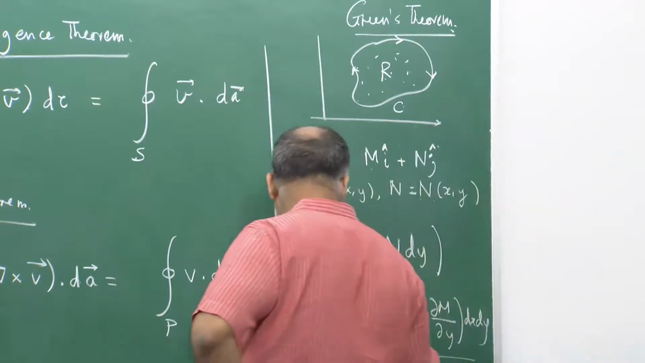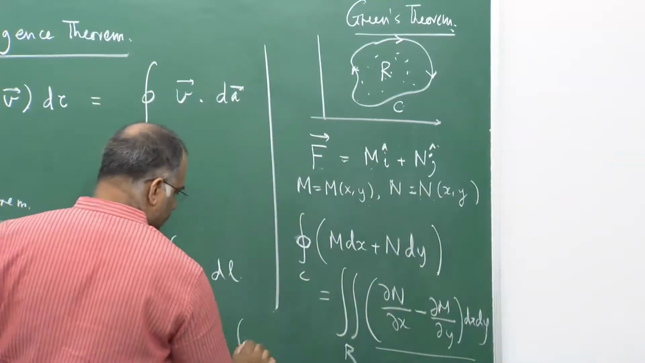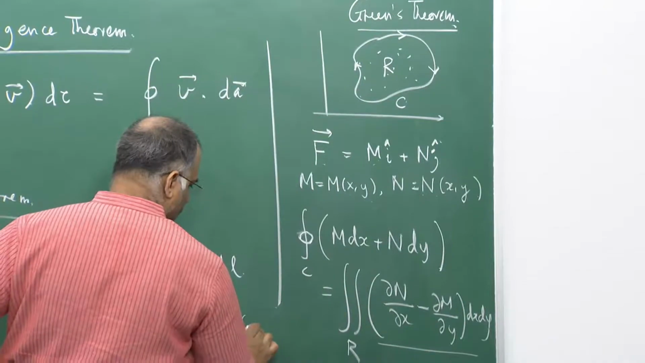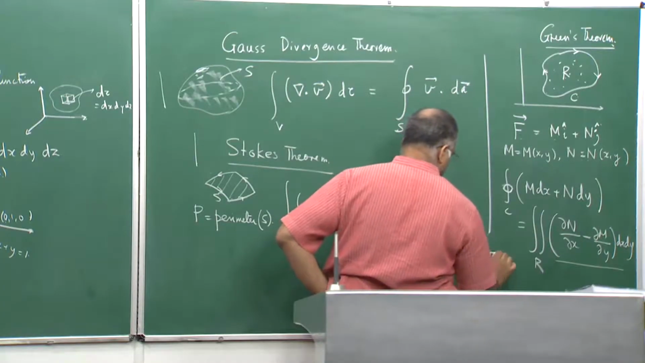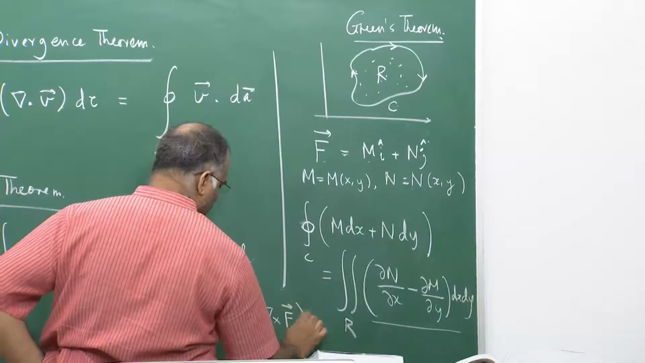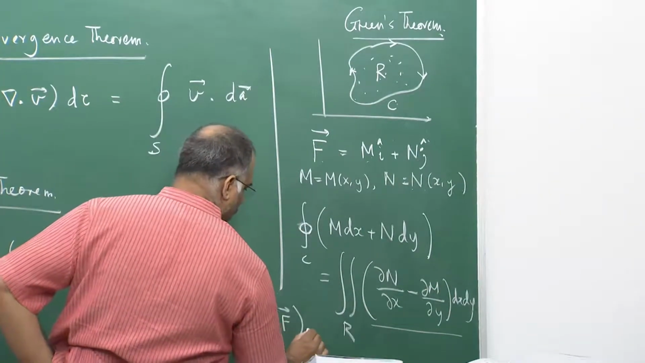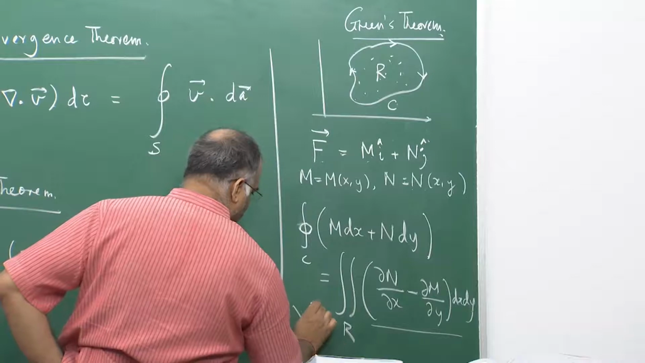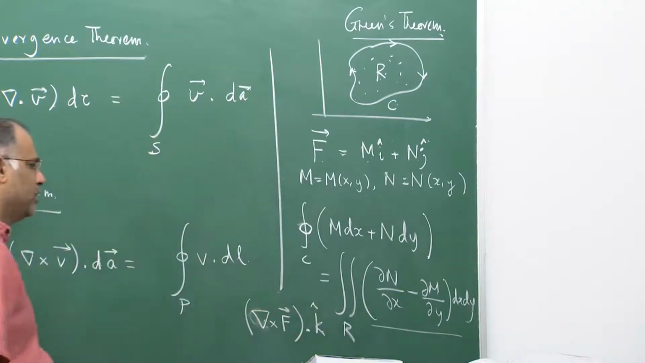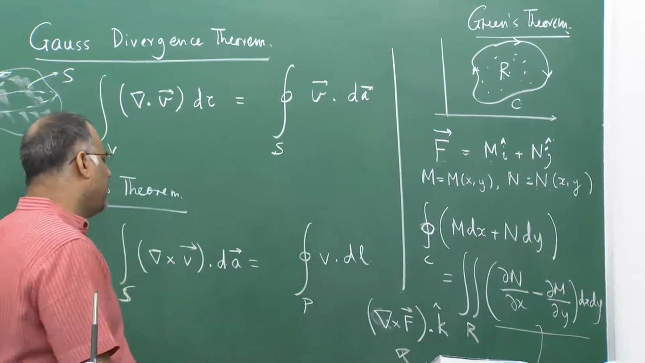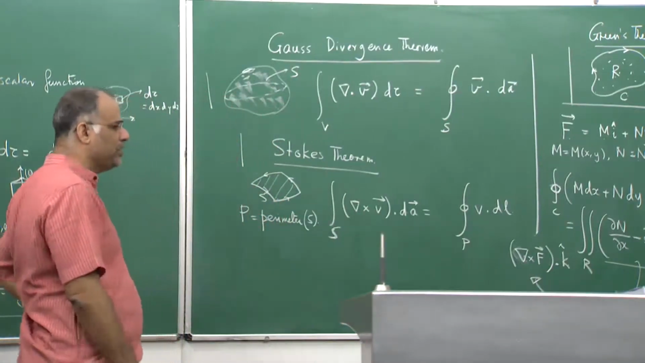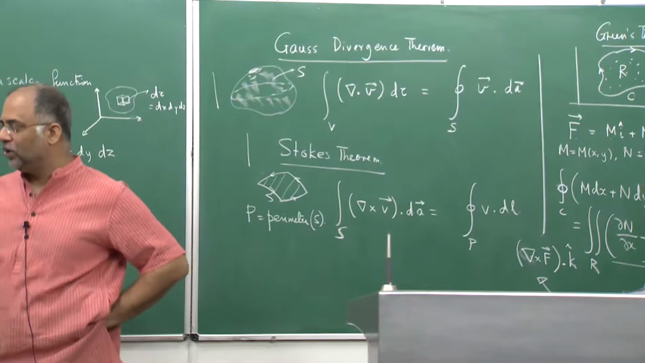If you are worried about how this has come, this is nothing but the curl, or sorry, this is nothing but this vector in inner product with the k vector. So, this quantity is this. The deep physical reasons are not so easy to figure out immediately, but what we are going to do